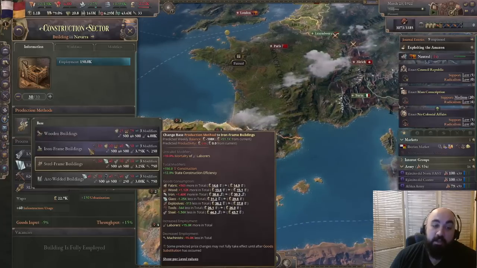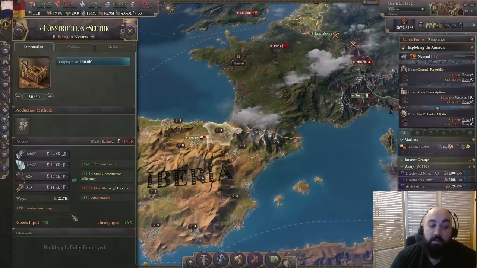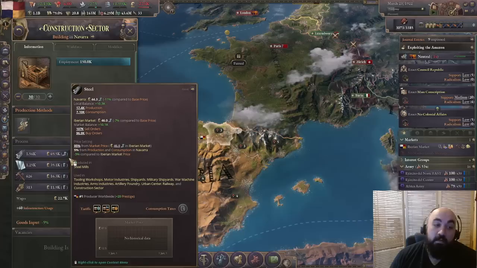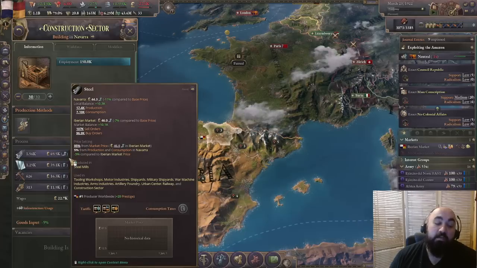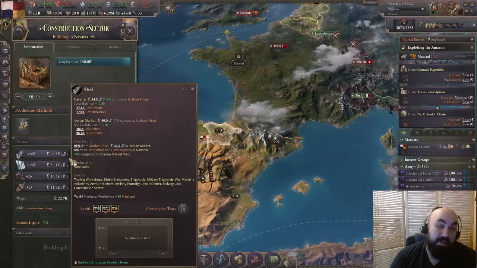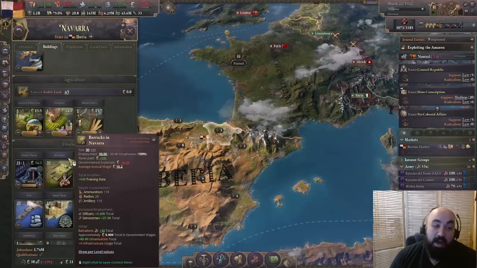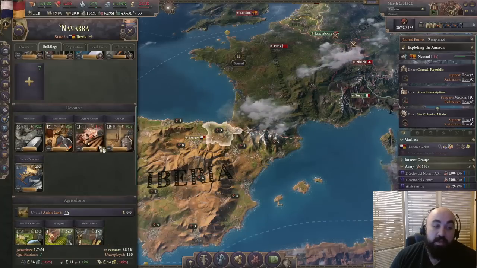Initially, it's iron frame buildings, which are a tremendous amount of iron, and then steel frame buildings, which are still going to involve a lot of iron because more iron is used in steel than coal, and so if you're not going to have one of them, it's better to not have the coal than the iron in terms of building tall. And so in these places,